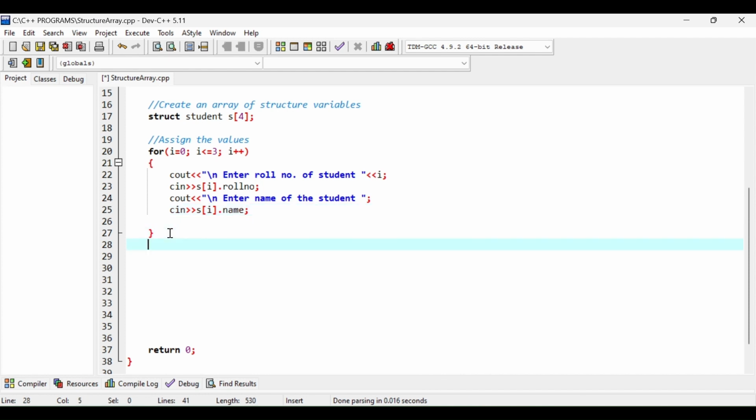Okay, this is done. Now we are left with the last part, which is to display the values. Once again I am going to take the same for loop.